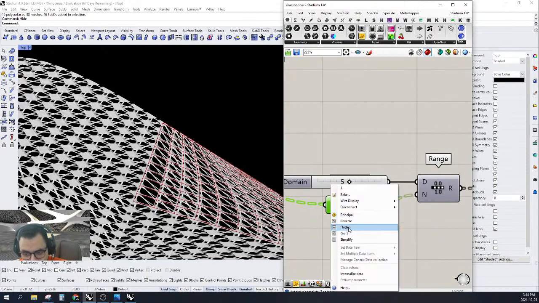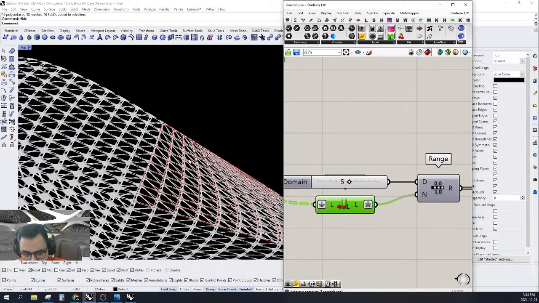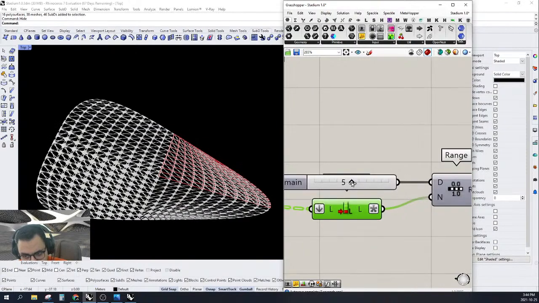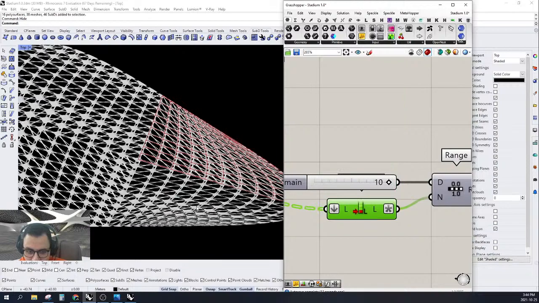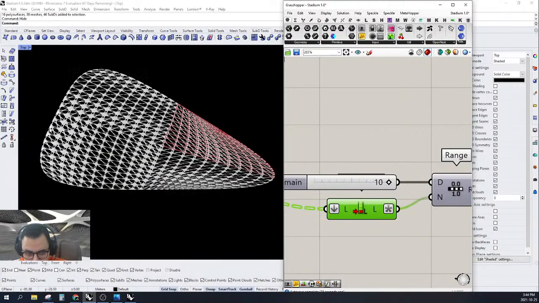Maybe flatten this. Zero, 1, 2, 3, 4, 5. Yeah, this is working. Yeah, this is working. Now you can see that the effect is working on all of